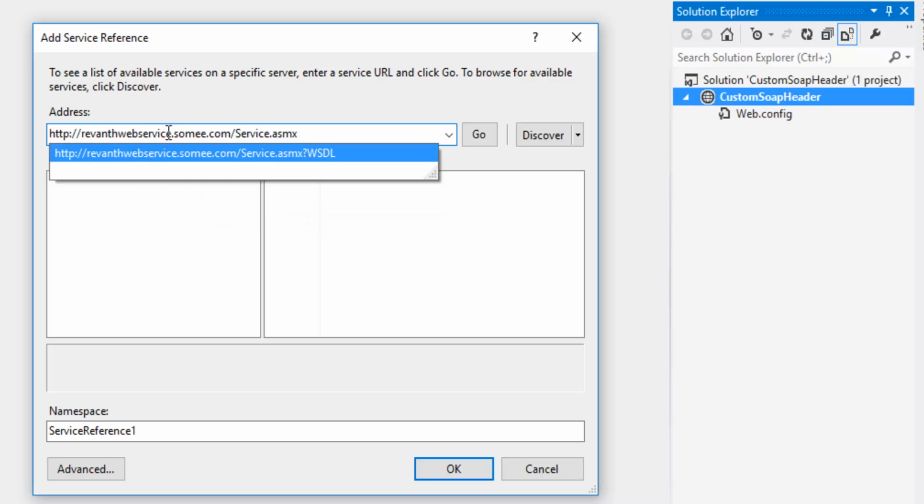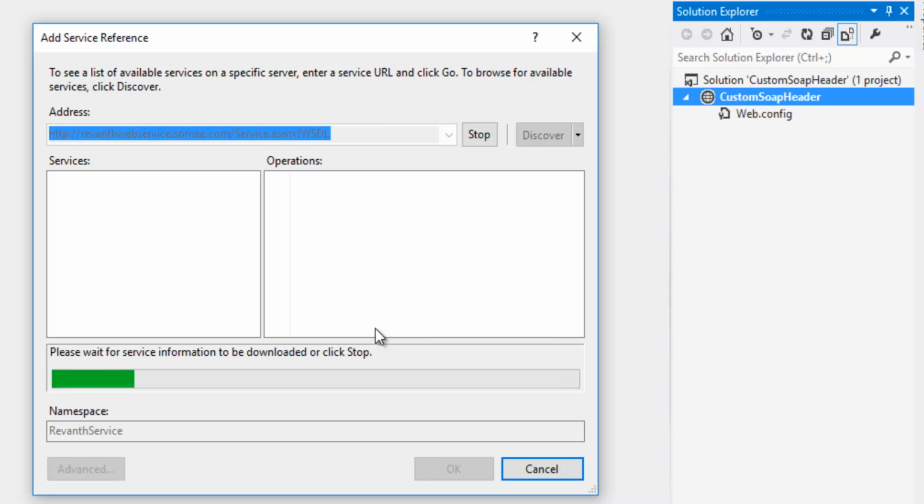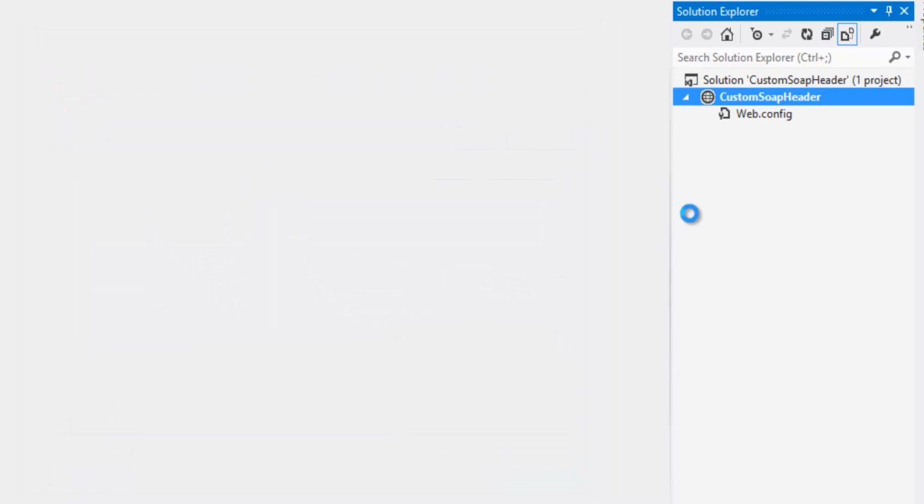This is revantwebservice.somi.com. Let's rename the namespace as Revant Service. Click on OK button. That will create the proxy references.